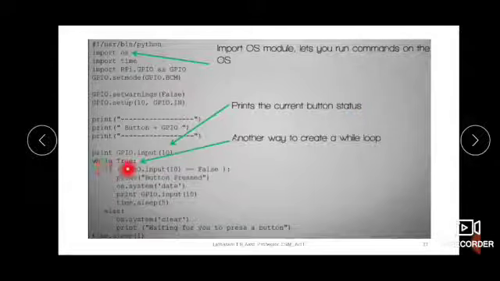After that we are creating an infinite loop with while True. Then GPIO.input of button 10 equal to False. That means the push button is not pressed. Then it will say, False means it is pressed. So print button pressed, and then it will display the